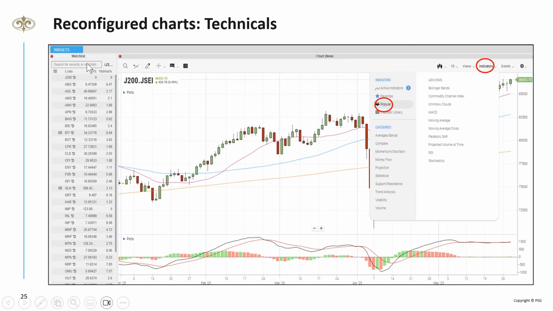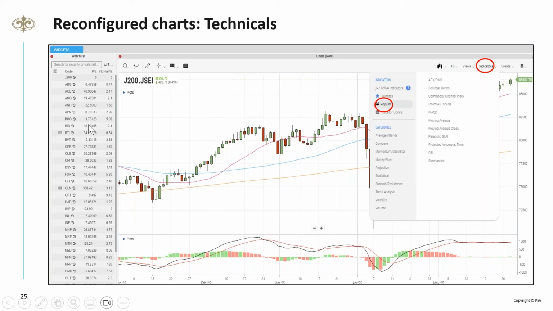So I want the lowest PE and the highest dividend yields. That's one way of looking at it. The idea is to find companies that are undervalued and profitable. This is where the fundamentals will come into it. I like to do the fundamentals and the technicals together, what I call rational analysis. It just bends the odds in my favor.